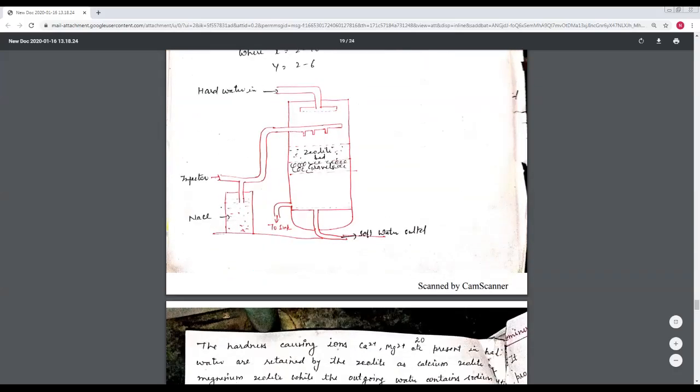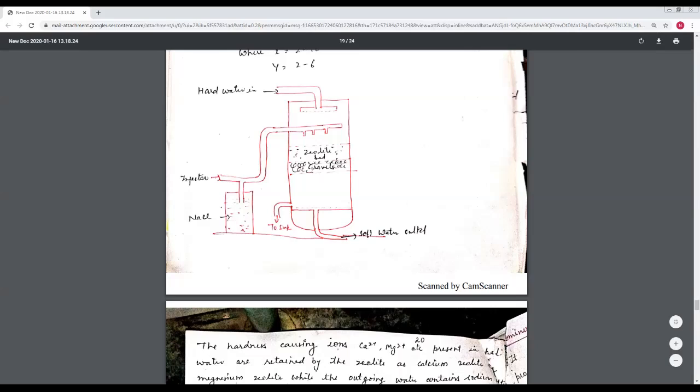So when we enter the raw water from this side, in this raw water there are impurities of calcium or magnesium present, and this is the injector, and here in the zeolite bed there are so many pores. So in this reaction, there is the sodium zeolite Na2Z. In this zeolite bed, the sodium is replaced by the calcium, so the Na2Z is converted into CaZ or MgZ. है ना.